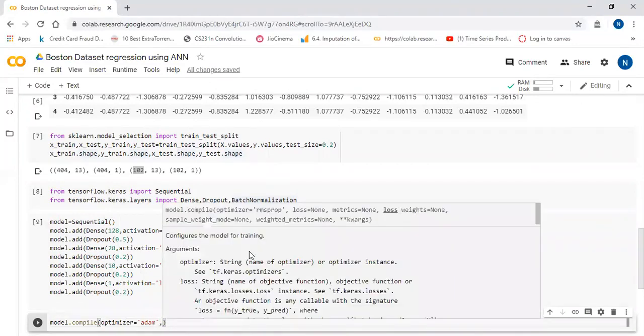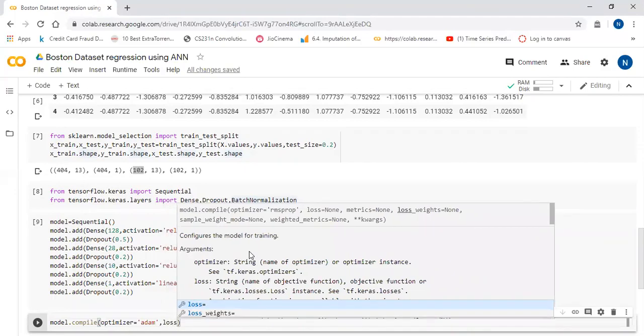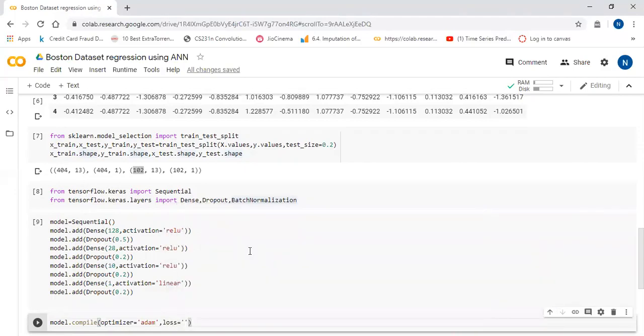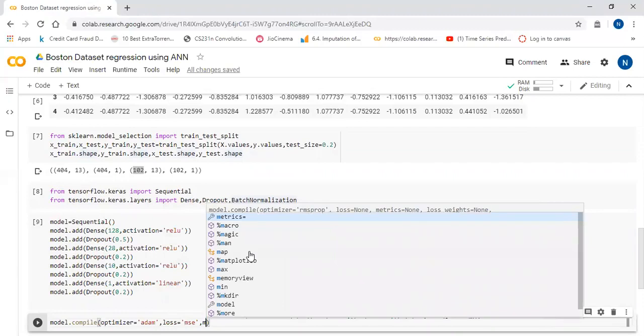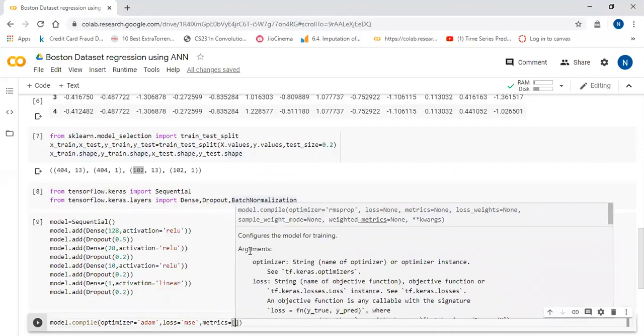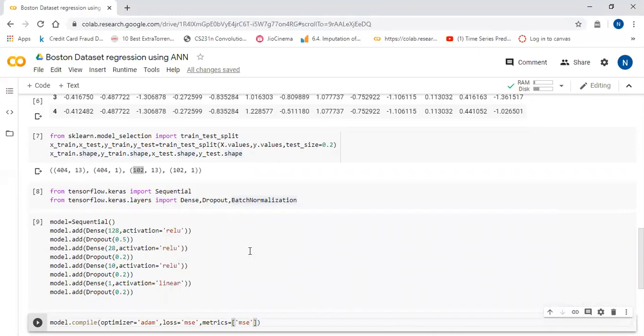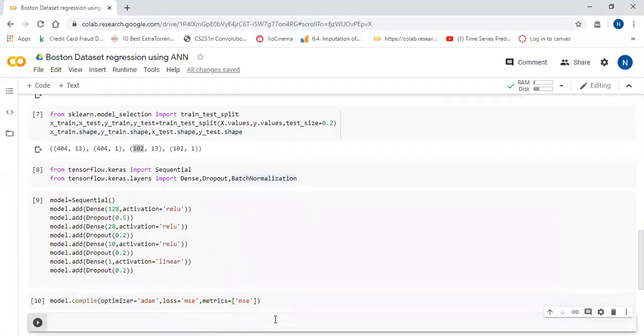Mostly we use the Adam optimizer, and we will pass loss function as MSE, mean squared error, and metrics I will pass again mean squared error. Okay, so this way we can compile our model. The second step is done.